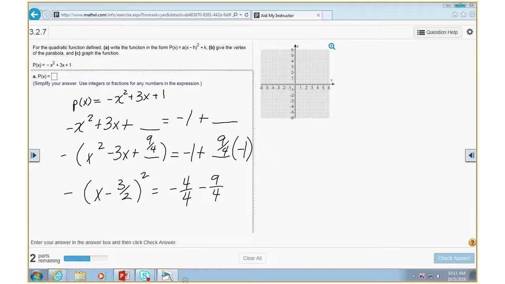9 over 4. So that's x minus 3/2 quantity squared is equal to negative 13/4. Now at this point you may think, oh well, it doesn't have x-intercepts. Yes it does, because you're dividing through by what? Negative, which will make this a what? Positive. So f of x is equal to negative x minus 3/2 quantity squared